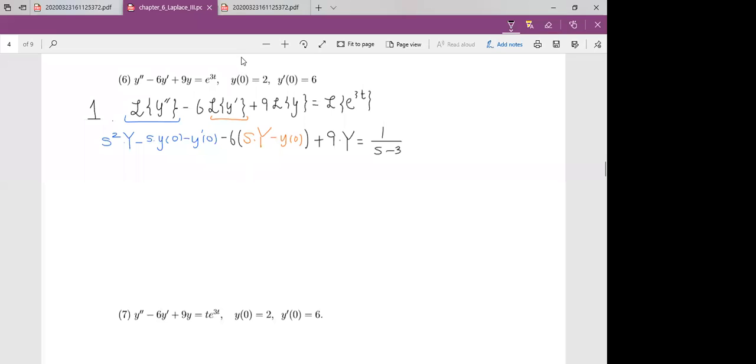Good. And now we use this initial condition. Y of 0 equals 2, y prime of 0 equals 6. So this is 2, this is 2. So if you plug them, we have